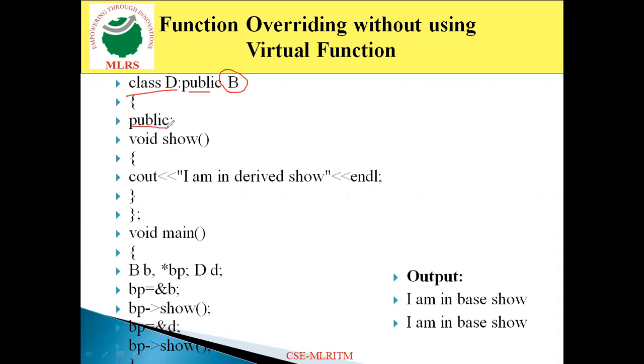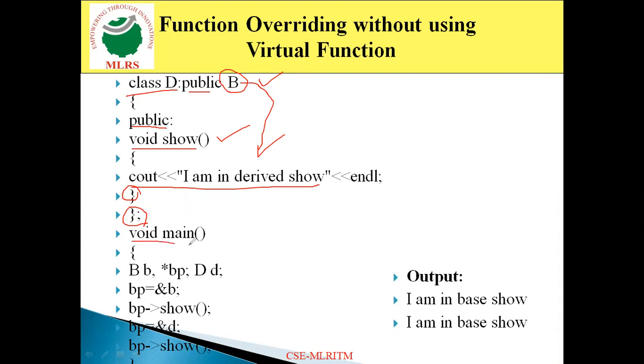Come to the next one. In the public section, I am specifying a function void show. Now in this I specify a cout statement: cout << "I am in derived show". Then close the function, close the class. So now observe here, there is a function with the name show in both the base class and the derived class. When we derive a new class in public mode, whatever function is there in B will also be available in the derived class. That indicates show will now appear two times.